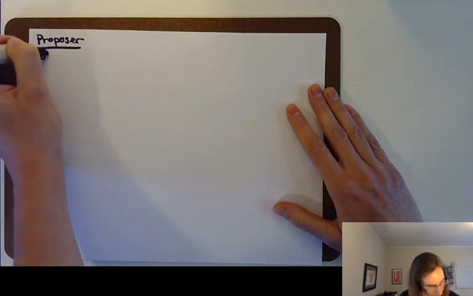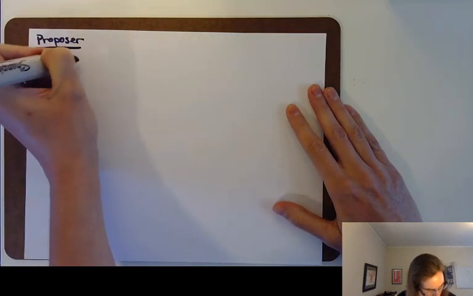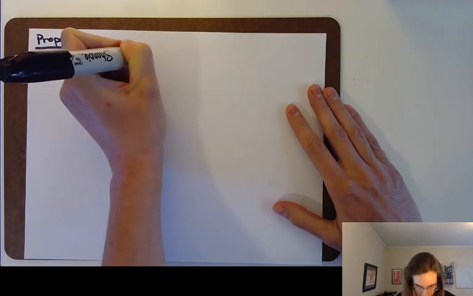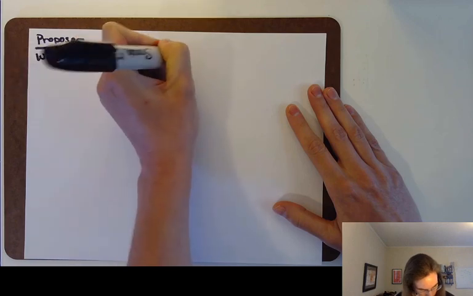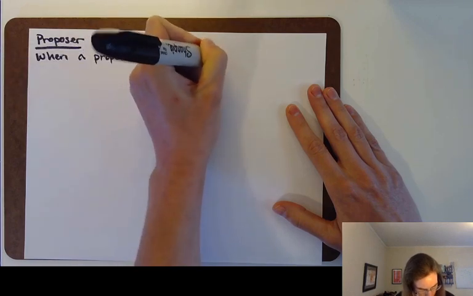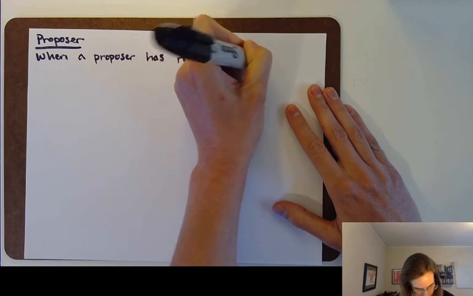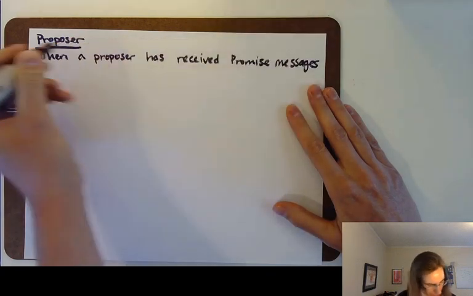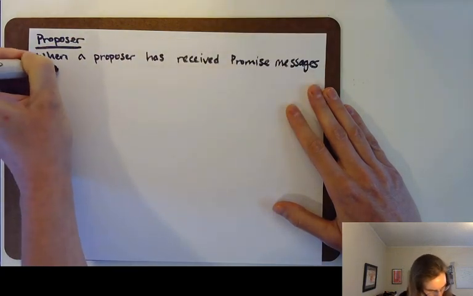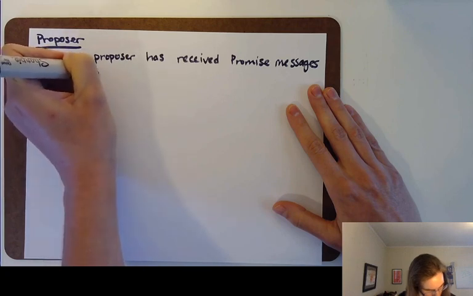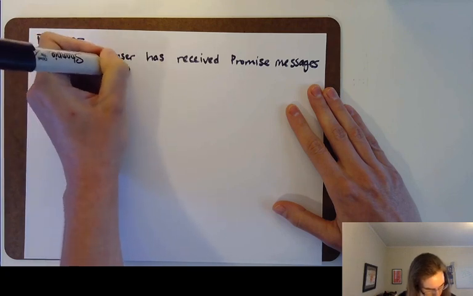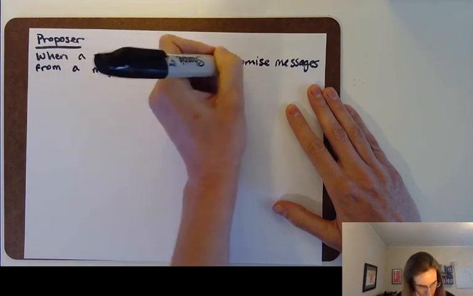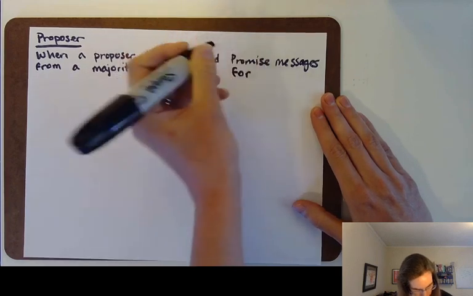So we'll say, when a proposer has received promise messages from a majority of acceptors for a particular n,